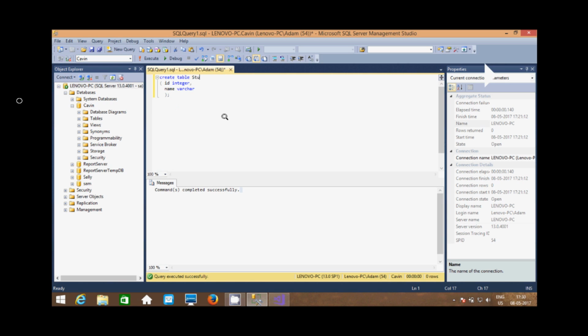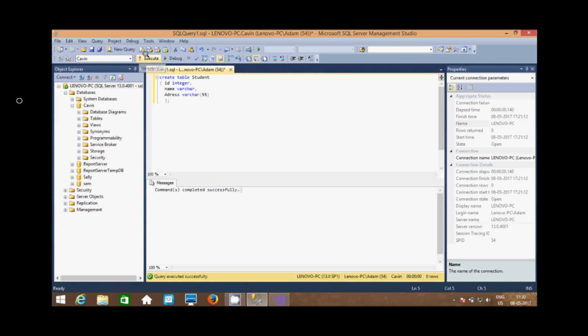I'm going to give student, and I'm going to add one more column, address, data type varchar size 55.